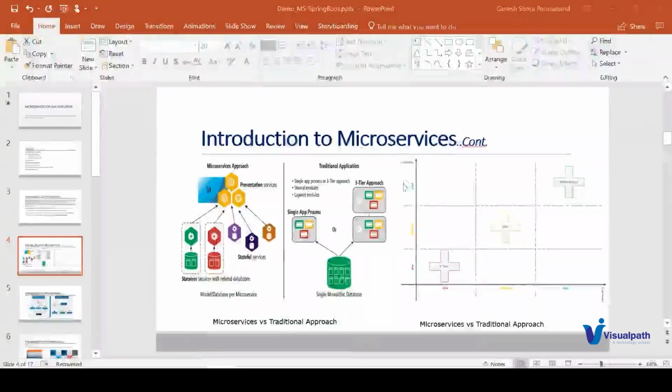But what is Spring Boot here? Before looking at what is Spring Boot, we'll just look at what is Spring, because yesterday